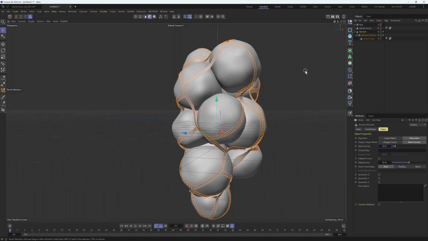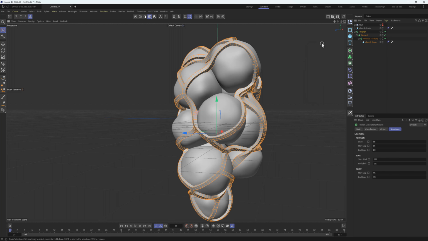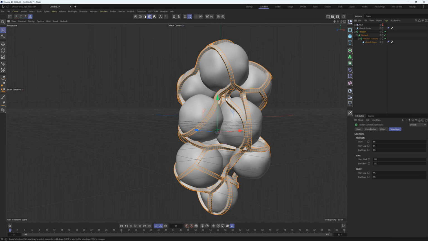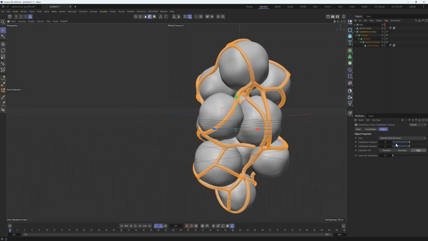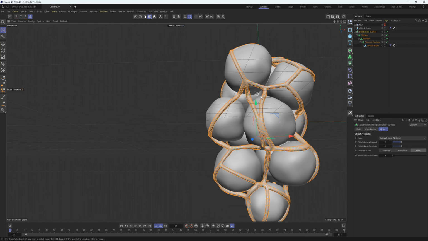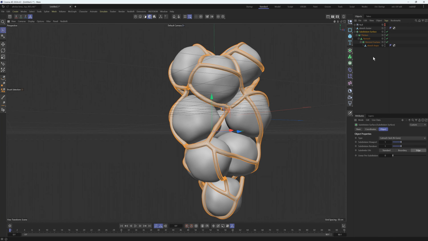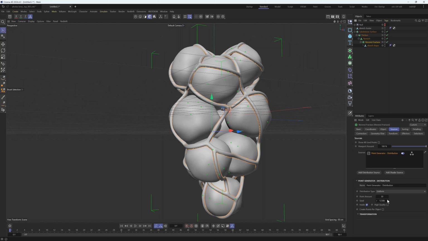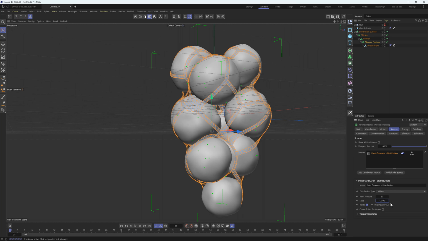And next, we are going to thicken it up by adding a thicken generator. And from here, we can add a subdivision surface to smooth it out. And you see that we're starting to get a really nice vasculature going along the surface. Now, it's not perfect. We do have some gaps in here, but we can fix that by adjusting the seed value and the point amount,